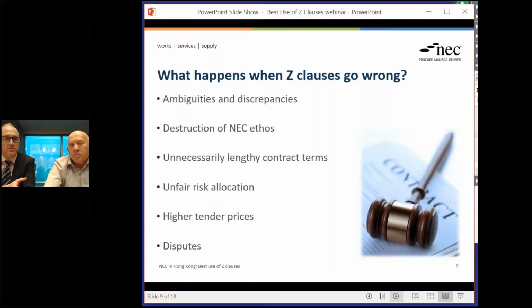I'll give an example of that from a case that was decided in the UK called RNE Npower and JN Bentley. What happened in that case was it was a contract with sectional completion, and the relevant option X for sectional completion was used, and there was a description of the sections in that option. But then there was a different, more expansive description in the works information. So it's not exactly a point on Z clauses, but it's this sort of point that could occur, because you've got two competing